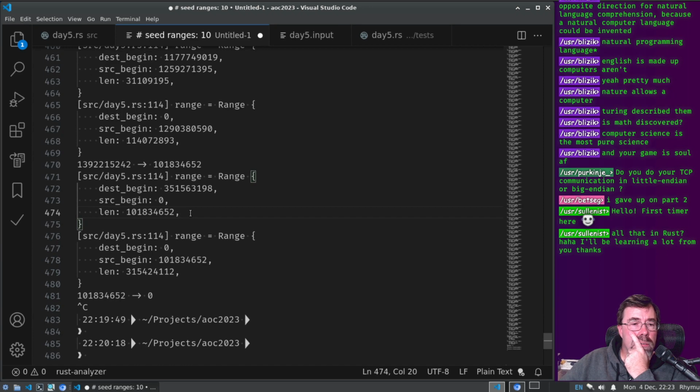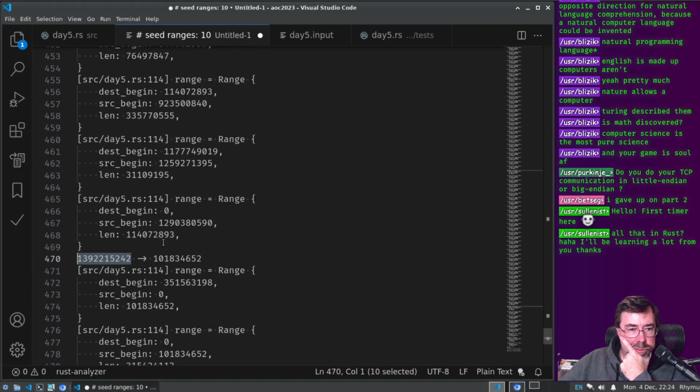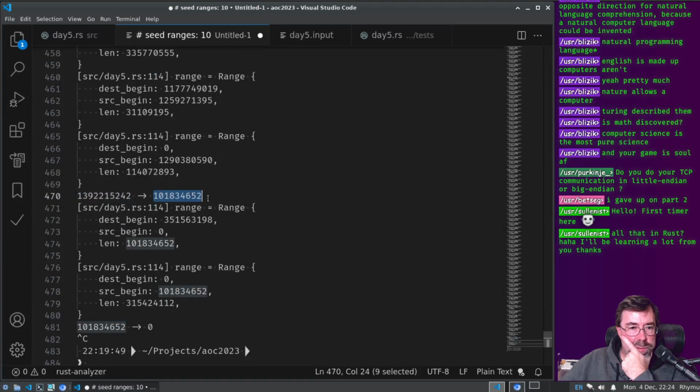Wait, hold on. I just noticed something. Oh, no, I didn't. It's just a coincidence. That just means there's no gap between it and the next one. Okay, so that's the output of the previous step. Well, no, that is the input of the previous step.